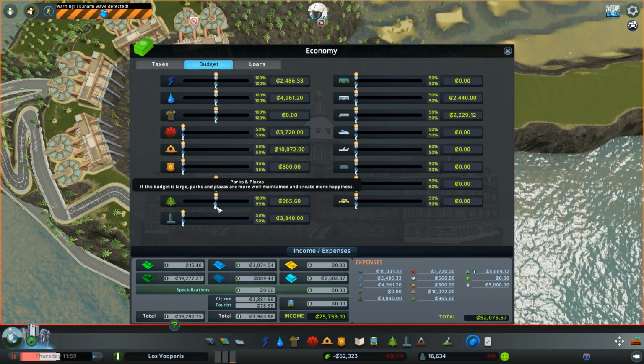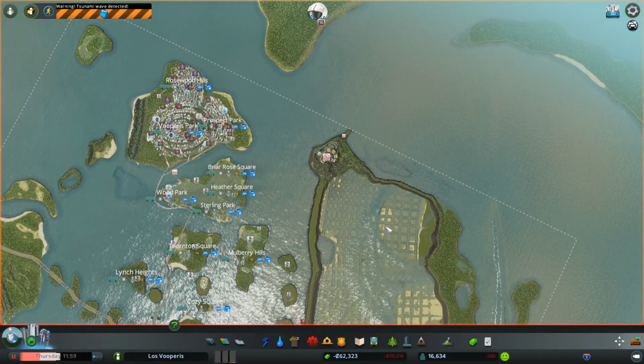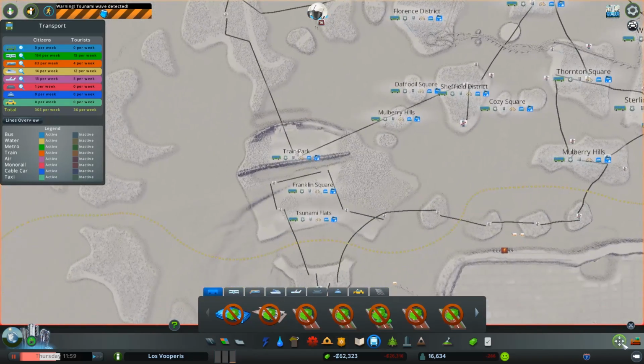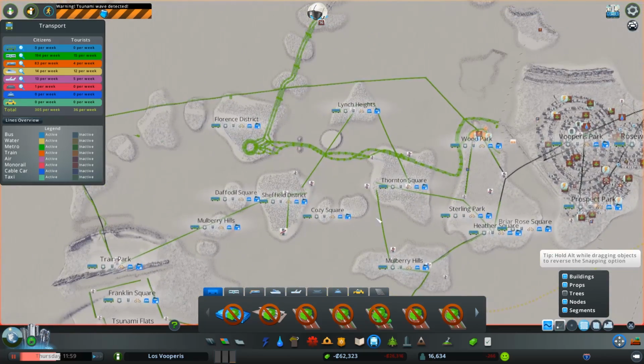Special buildings will keep the land value up, which is important at a time like this. And then we don't care at all about mass transit anymore. We're still paying for the metro and trains. Well, guess what? We're paying for the metro because there is actually a bit of metro. We just couldn't see it. But now we can. And we're going to get rid of...